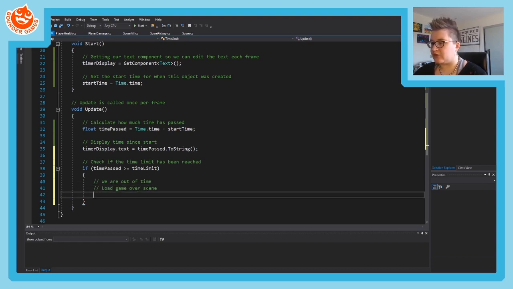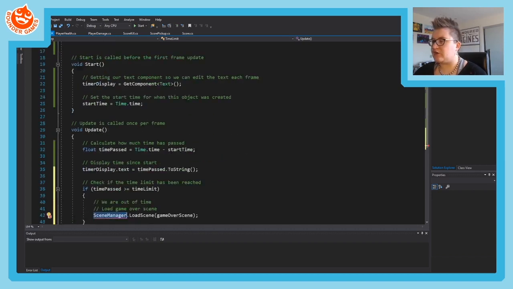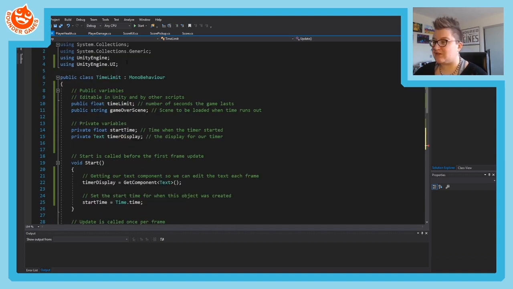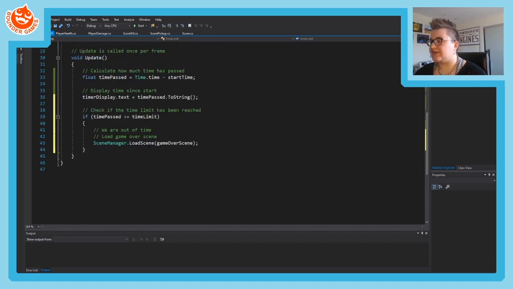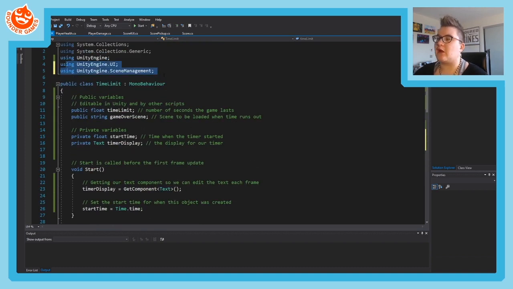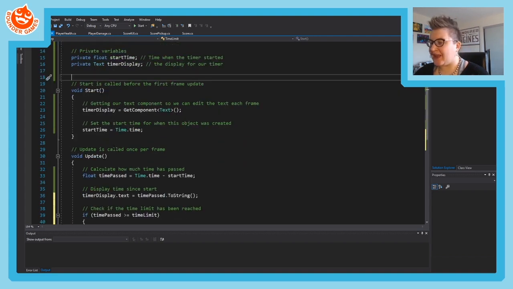And if that is the case, so we are out of time, load game over scene. Okay, and then again, we're going to do SceneManager.LoadScene game over. And of course, we got this wiggly red line, which tells us we haven't done something. We want to use SceneManager. That's part of the scene management. So we need to go up to the top here using UnityEngine.SceneManagement, right? So now we've got that set up. So you should have 2 extra usings at the top for this script, UI and scene management. Okay, so once you have all of that added, we should be able to now save our script